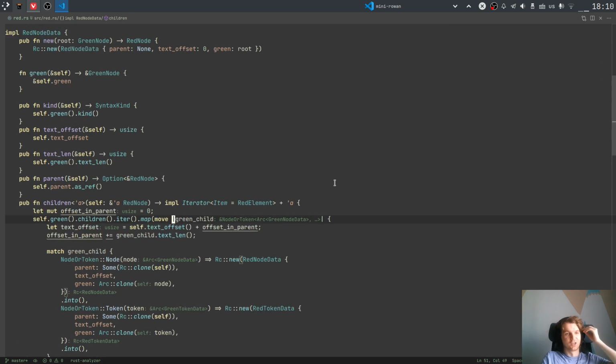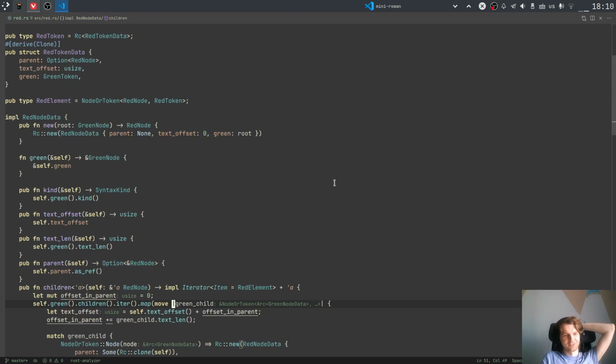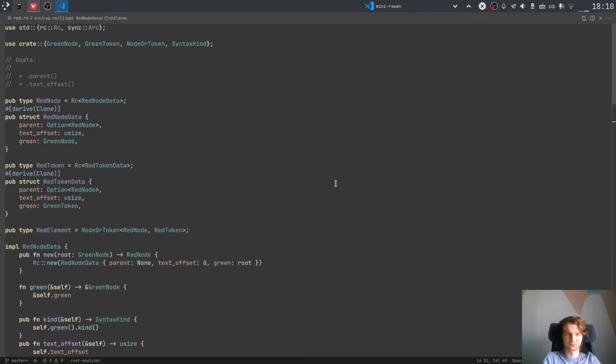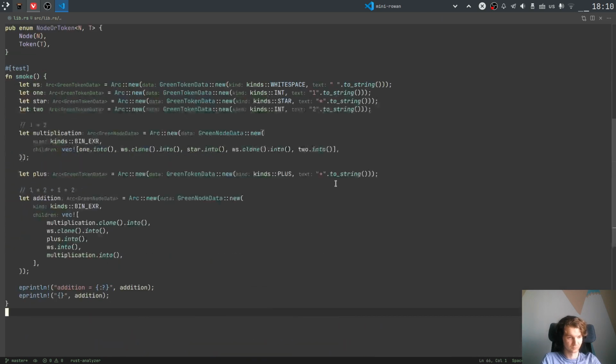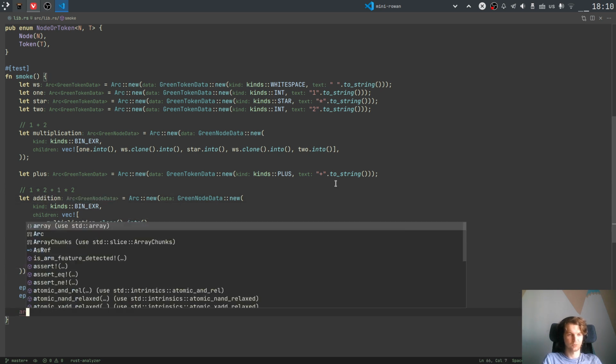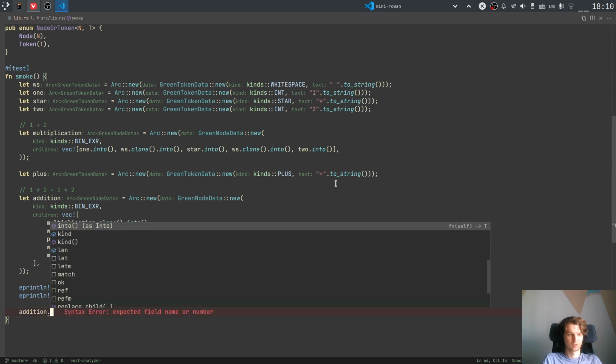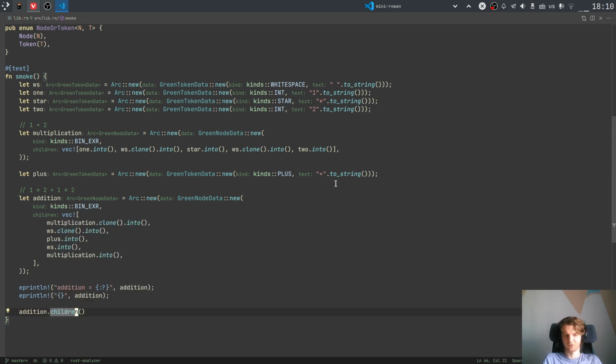Okay, so what have we done here? Let's extend our test to see. Again, we get this addition, and starting from addition, let's navigate from this addition to this one. That means that we should start with addition. Look at the children. No. Let's